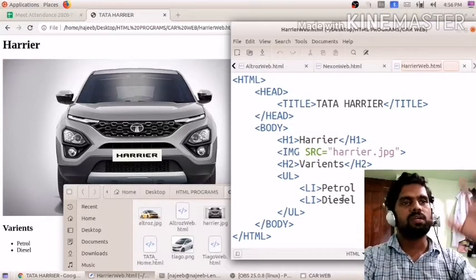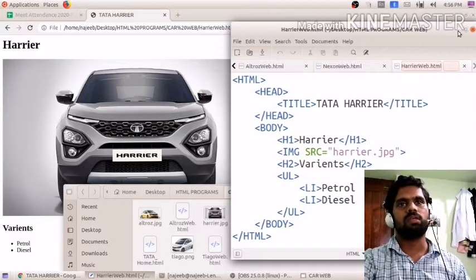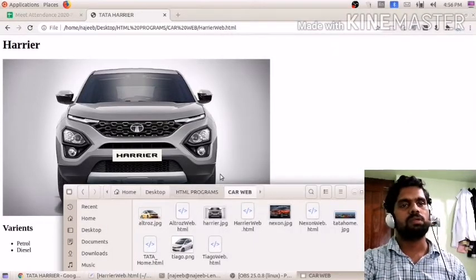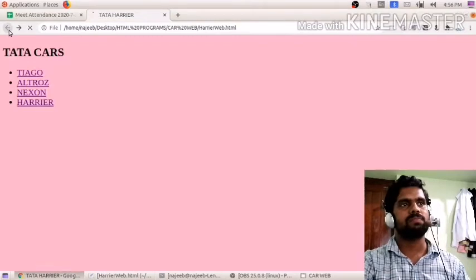After completing all these works, whatever pages we need, we have to create first, and next we have to create the home page.